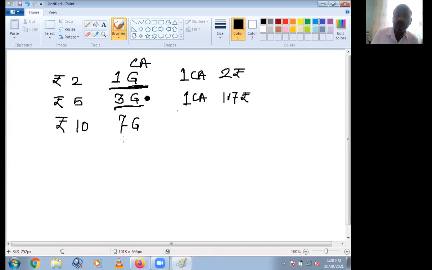And when you are purchasing more than 5 or 6 custard apples, what is the price of each custard apple from that group?